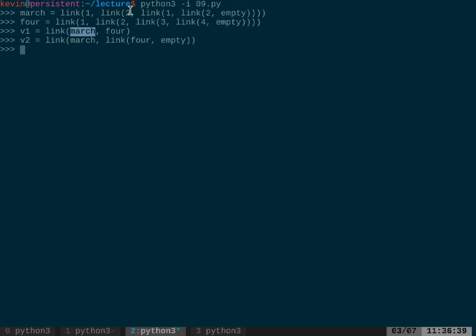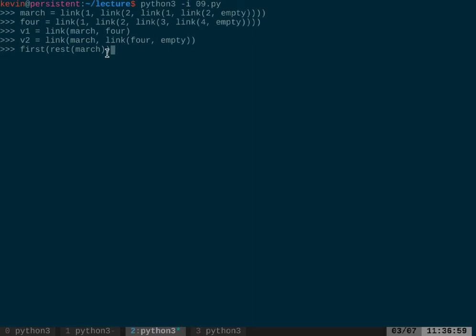So if I start from the beginning, I'm going to evaluate this operand, this call expression, rest of March, which will give me not this link of 1, but the link of 2 and onwards. So it'll give me the link of 2 and onwards. And then I call the first of that to give me 1. Or to give me 2, my bad.